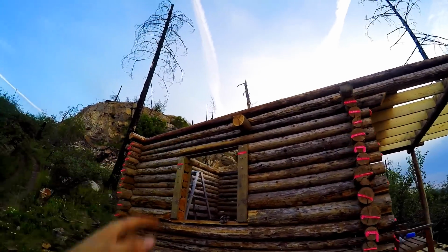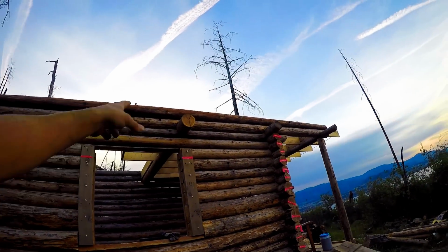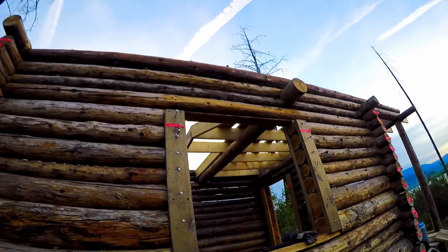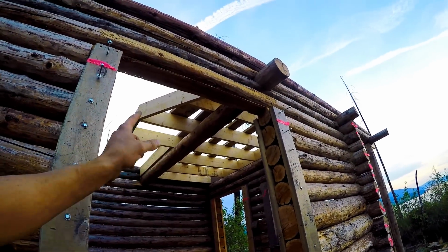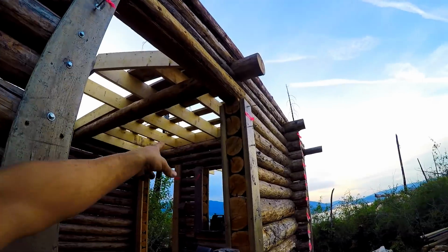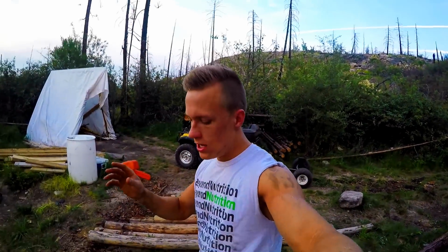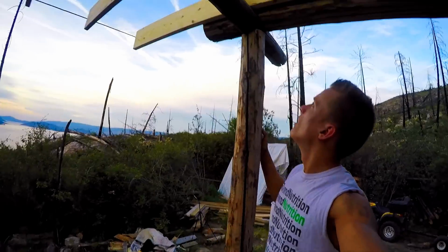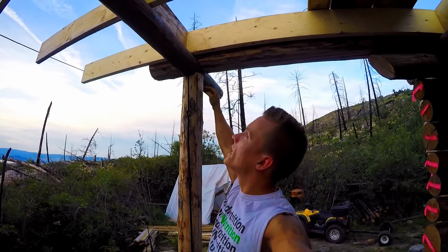I got this guy notched in, which is, as you can see, I notched out the bottom and the top. The log I didn't touch because all my joists are resting on it. I didn't cut anything into that log, or this one, because as soon as you start cutting into a log, even if it's just at the end a little bit, if on this post here I cut up and made it flat, I'm getting rid of that